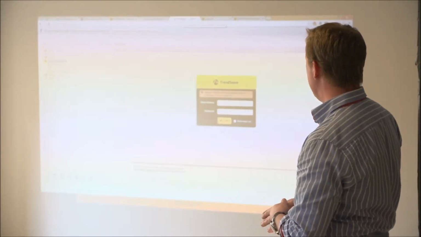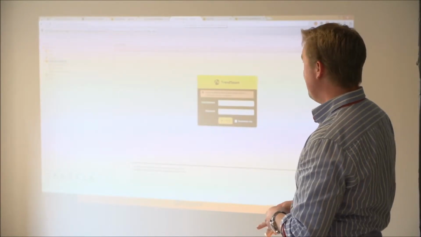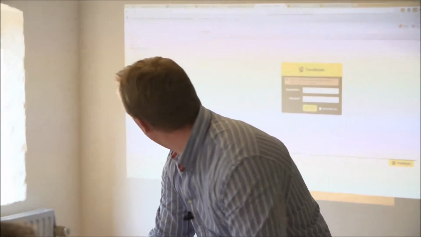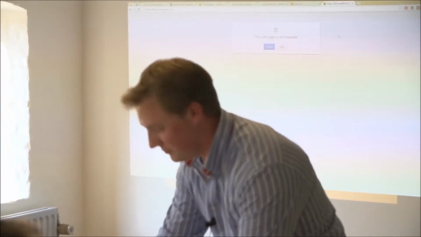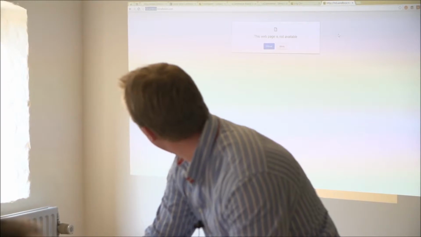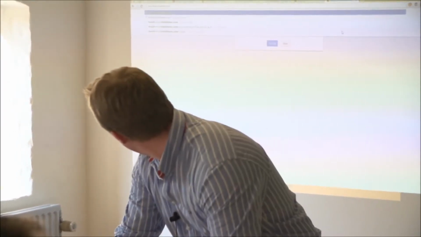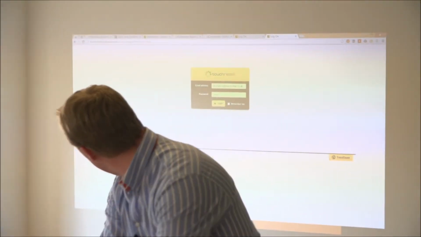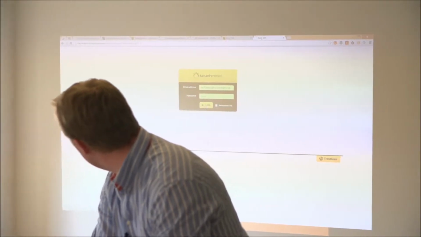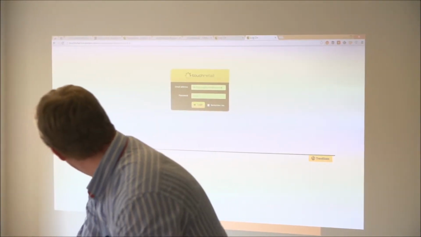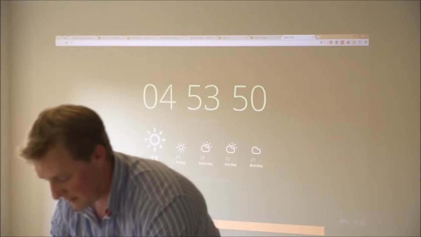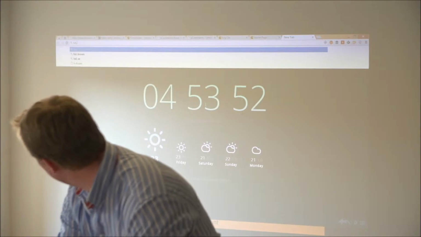I'd like to give you a bit more of a demo of the actual back end, but our internet doesn't seem to be working because this still hasn't loaded up yet. But let's see if I can try another one quickly. This is an older version. The one we've got up on the staging site at the moment is a release version. That one shouldn't have login problems. Let's try again. Yeah, there we go. The other thing to bear in mind with this is that